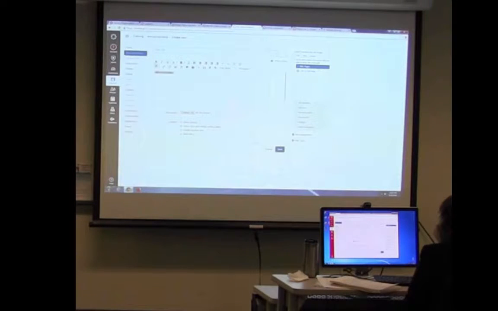Okay, so I can make it bold, I can change the color, I can do all of those things. I can change the size in my text editor. I have some other tools down here too, and now's a good time to point out